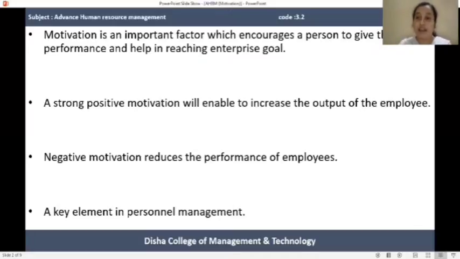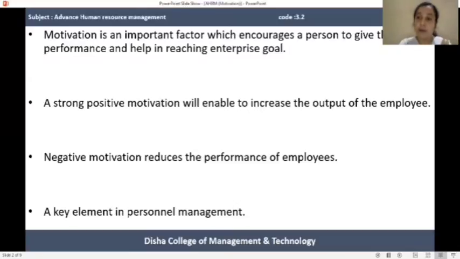Now a question arises, how will the person be motivated? How, in what way does the organization motivate the human resource? For motivating the human resource, the organization has to design some suitable reward systems. By showing this suitable reward system to the employees, to the workers of the organization, it attracts them, the organization motivates them to exert a high level of effort, or encourages the person to give their level best performance to the organization.